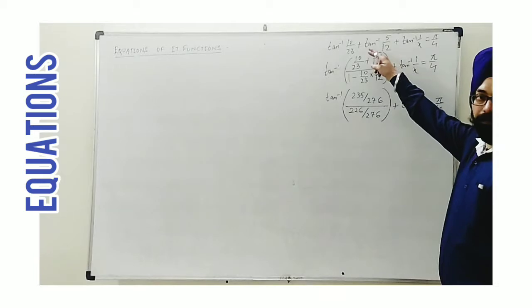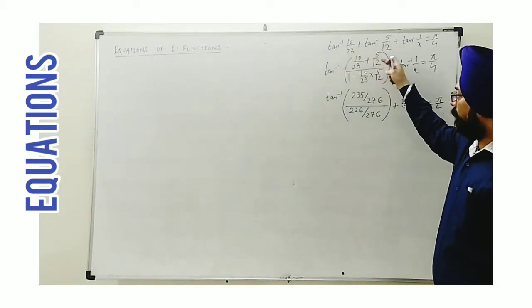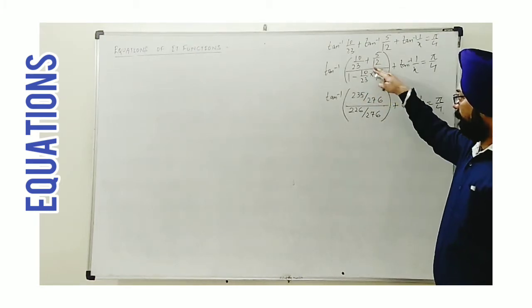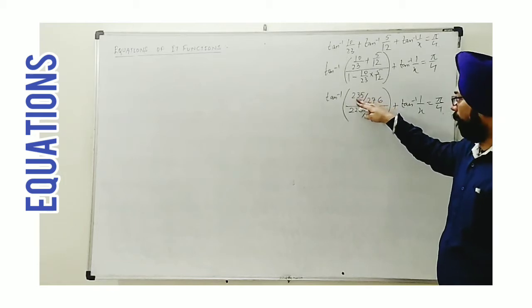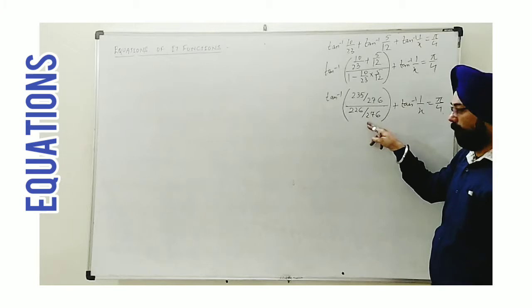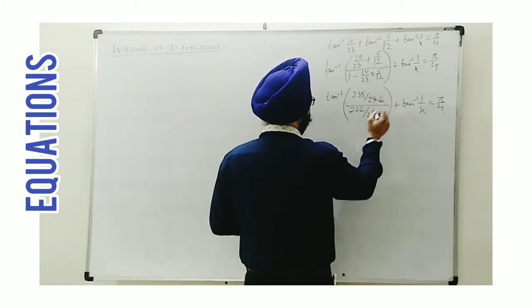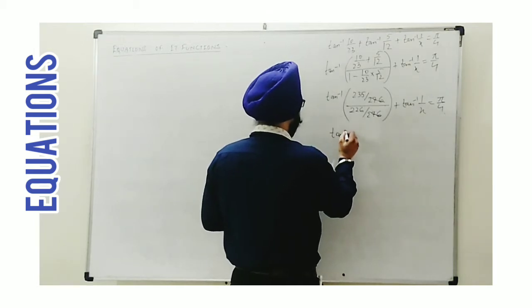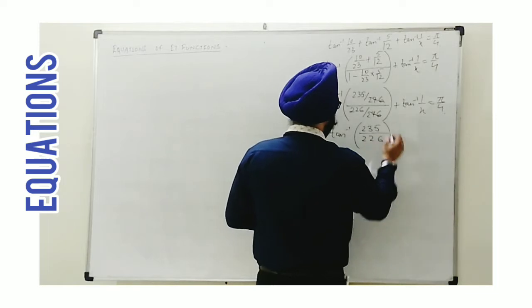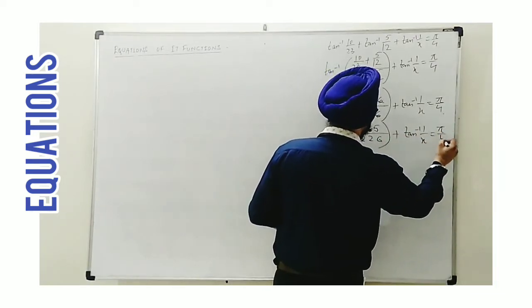After simplifying by the same identity, tan inverse x plus tan inverse y, we are finding tan inverse of (x plus y) upon (1 minus x into y). LCM taken, it is 226, cross multiplying and addition 235. In the denominator, 226 minus 1, we get 225 divided by 226. Now we simplify here as these are the same, cancellation. We have tan inverse 235 upon 226 plus tan inverse 1 upon x is equal to pi by 4.